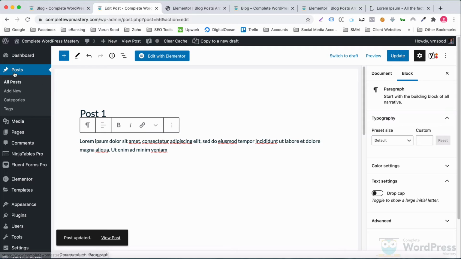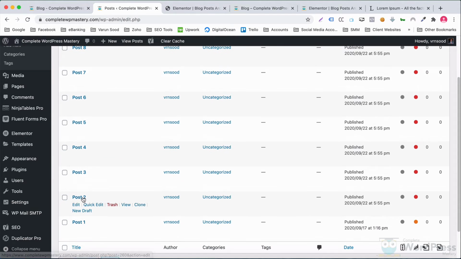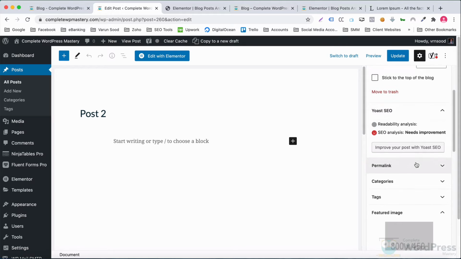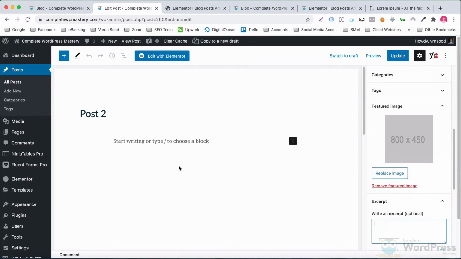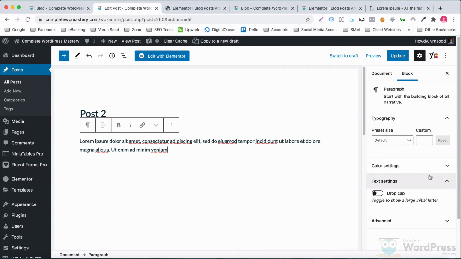Since I forgot to do this earlier, I'll now have to do this for each of the posts. Another option is to delete the other posts and quickly clone the first post. Let me just do it for one more post and proceed. I'll add excerpts to other posts when required.